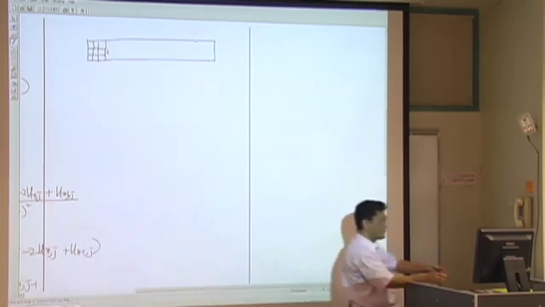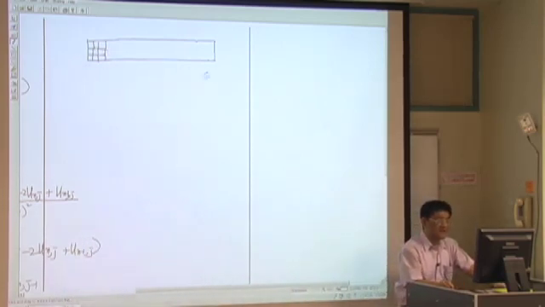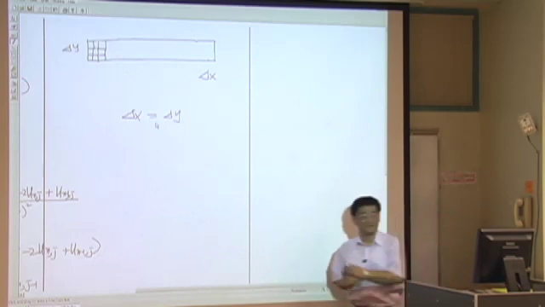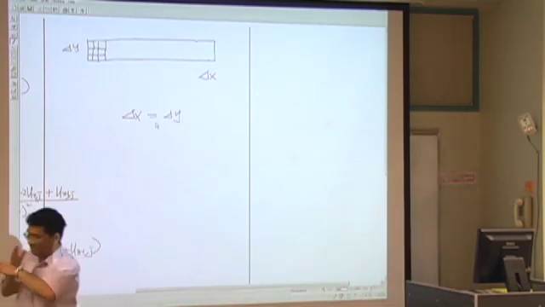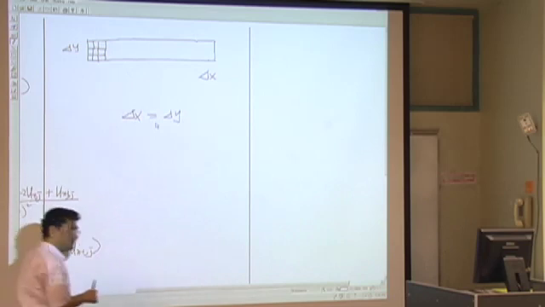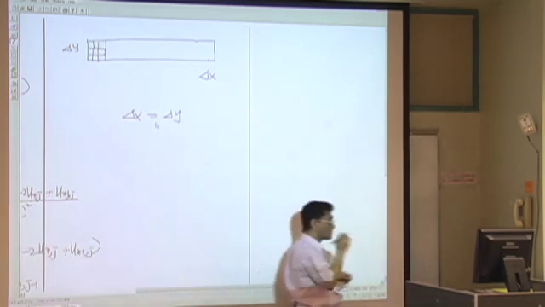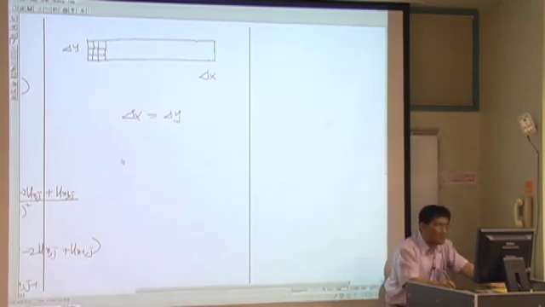In other words, try to make the dx direction and the dy direction the same, right? Try to make these the same. You will have an advantage. But if you don't, then break up and use the formula. Then what happens is this one: uxx plus uyy equals 0 becomes